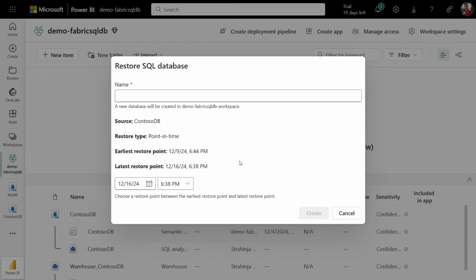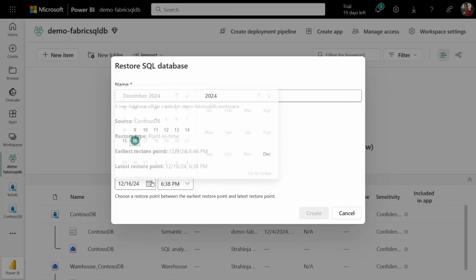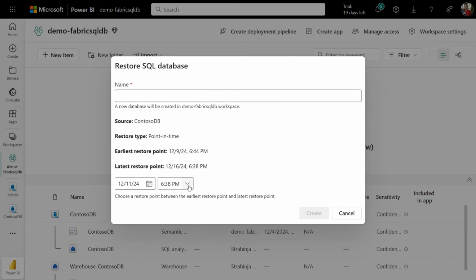So earliest restore point is basically the oldest restore point you can restore your database to in the history. So usually 7 days, actually today minus 7 days, right, in the history. And latest restore point is the newest one, the closest to my current time in which I can restore my database to. So here I can simply choose the date and the time in which I want to restore to,